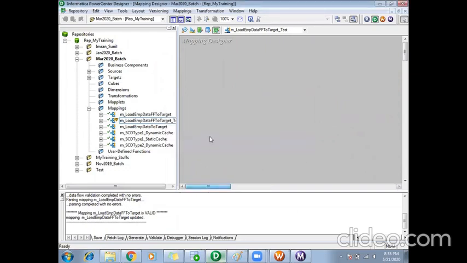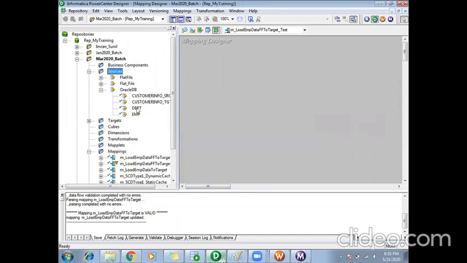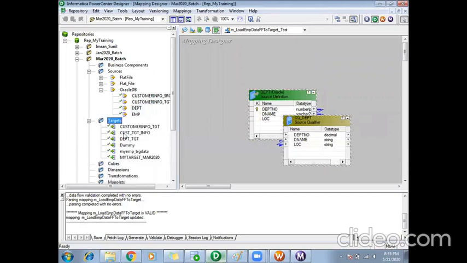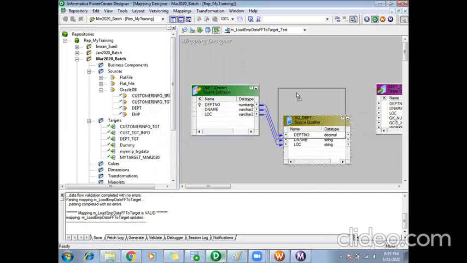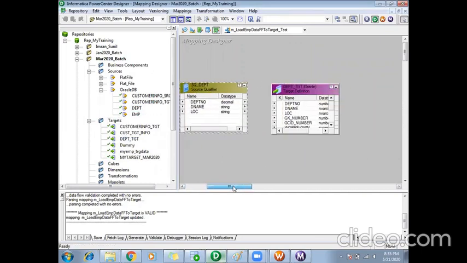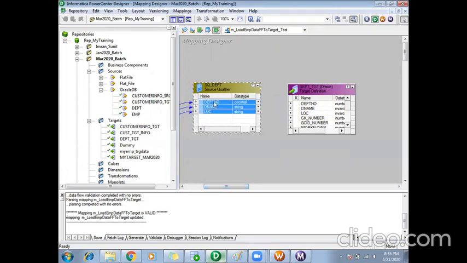Okay. So in this mapping, I will create the source for the department and the target for the department target, to load the department target here. I link all the ports. So left out is what I need; you can ignore the other ports. So we need workflow name, session name, and mapping name for the department table also. So even I need to know which workflow has loaded this and which mapping has loaded the department data.